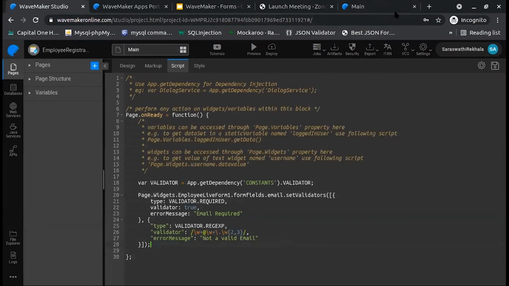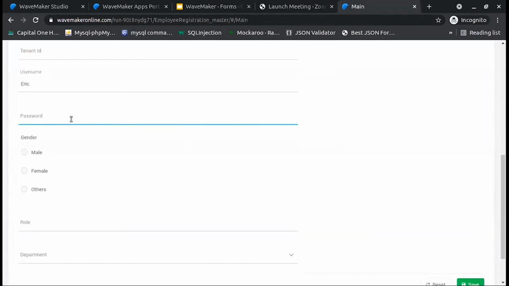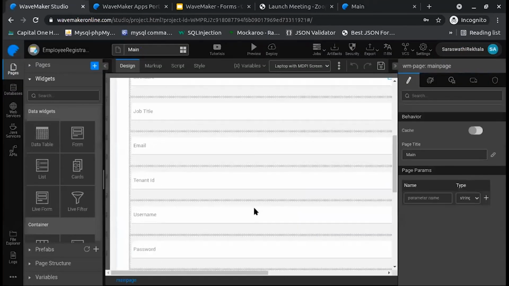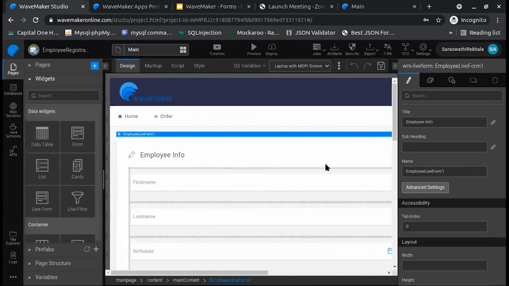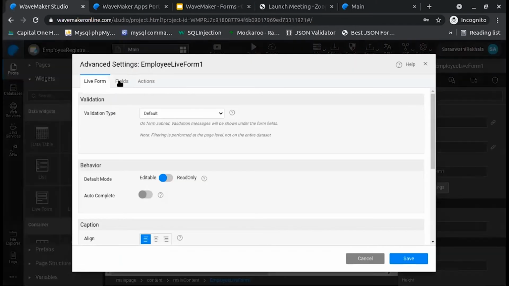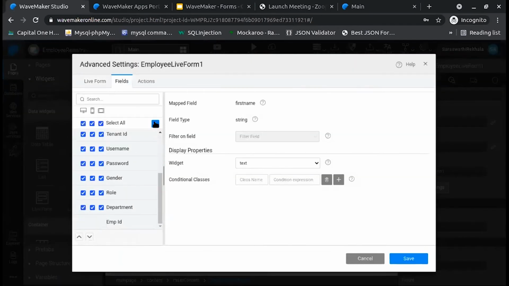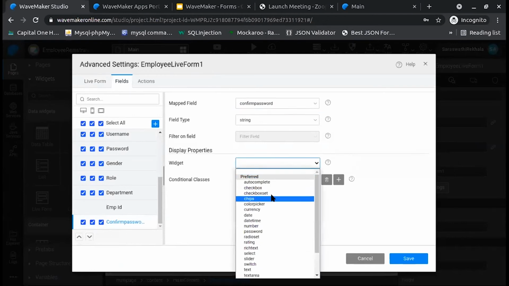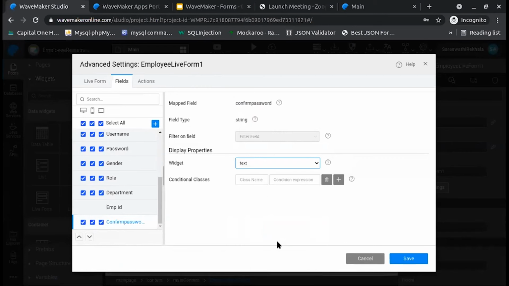Also, in the preview we have a password field here. There might be cases during registration where it asks for a password and confirm password, right? Now we'll add one more custom field here. You can add your custom fields, but this field value will not be sent along with the request payload. I have added this custom field, and let me choose it as a text box.